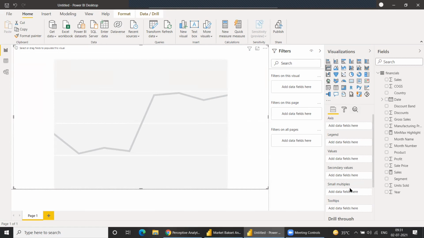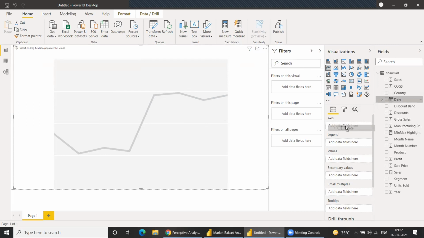Are you all seeing the small multiples part as well? If not, you may need to update your Power BI, because this feature came in May only. Okay, I will explain what this feature does. So let's try to create our visual first.